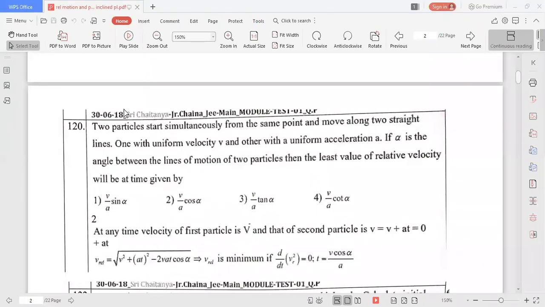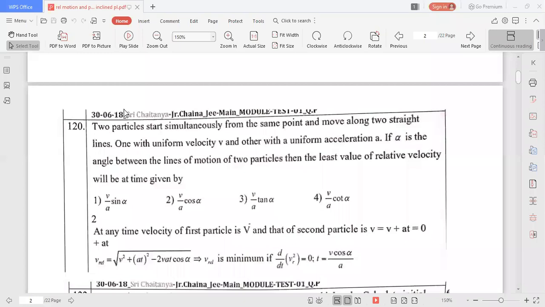Okay, you differentiate V, as V is constant, it becomes 0, plus A square is constant, you keep it aside. Differentiation of T square with respect to time means 2 into T to the power 2 minus 1, that is 2T. Minus 2VA, all are constant, cos alpha is also constant, so 2VA cos alpha into the differentiation of T with respect to T, which is 1. Therefore 2VA cos alpha is equal to 2a square into t. Here 2 cancels, a square cancels.